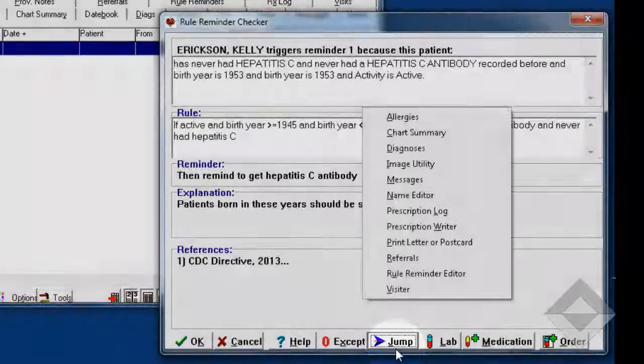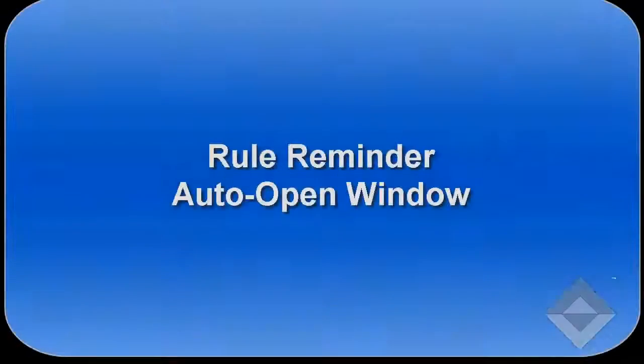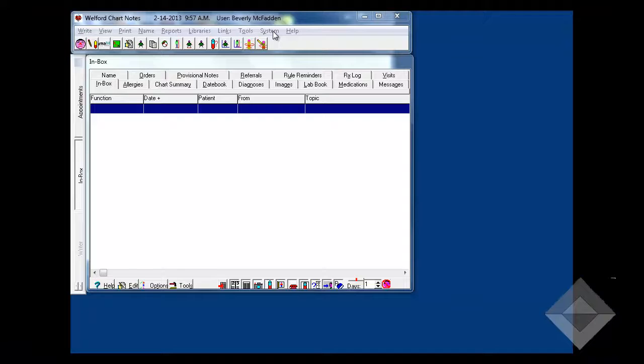You can press the Jump button to jump to other program functions before you make a decision about what to do. Click the Lab button to add a lab result for this patient. Click the Medication button to add a medication for the patient. Or click the Orders button to place a new order for the patient. You can configure the program to automatically open a window whenever you open the writer that shows the patient's